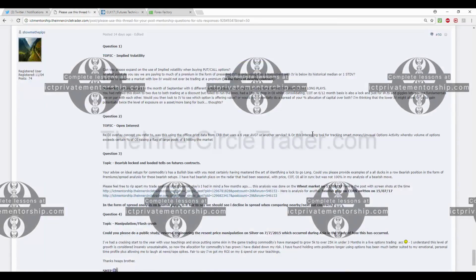Question number 3, bearish locked and loaded tells on futures contracts. Your advice on ideal setups for commodities has a bullish bias, with you most certainly having mastered the art of identifying a lock to go long. Could you please provide examples of an all ducks in a row bearish position